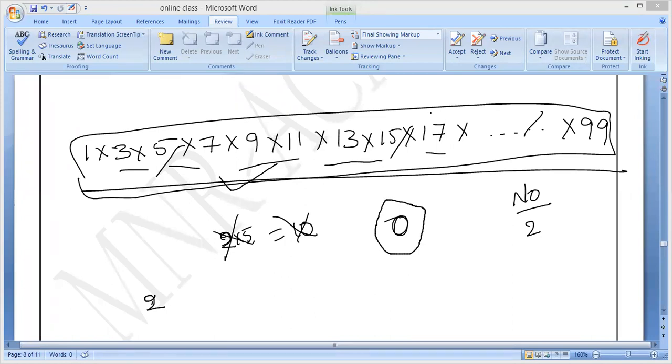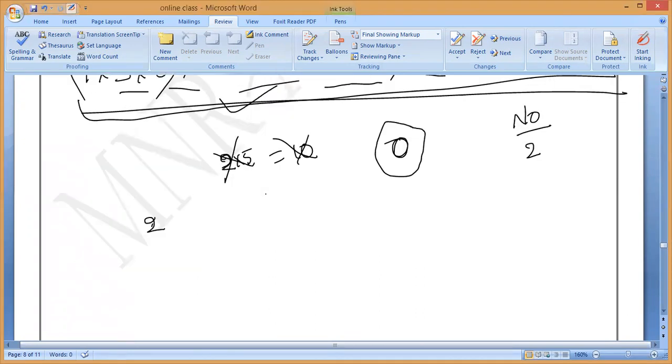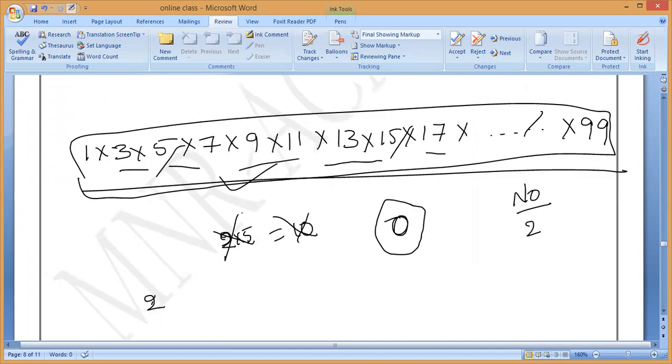0. That's all. If you take even numbers, it won't be possible. We remember it only for odd numbers, because among even numbers, so many are multiples of 5. 5 fours are 20, 5 sixes are 30. Like that, 5 will come so many times. So only for odd numbers alone it is 0. Very good, those who said 0.